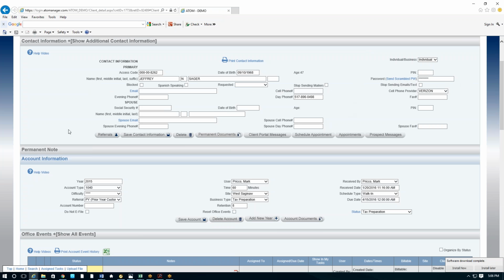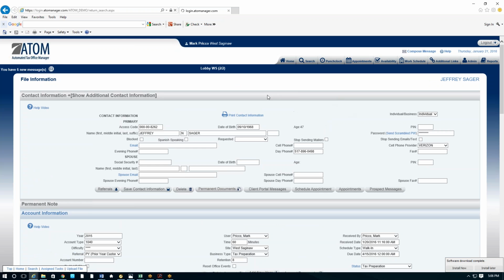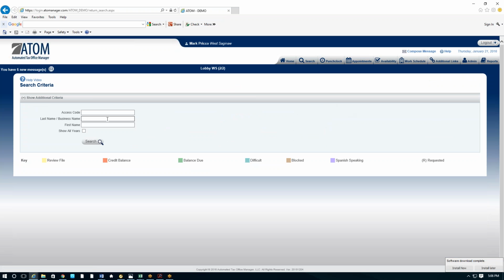Number 7, you can now search for the first available appointment for a requested preparer or the office as a whole. This will be a very valuable tool for offices that are using our appointment calendar and have a very busy schedule. Now it'll actually go to the first available appointment slot instead of you having to go day by day to find the open slot. So to demonstrate,